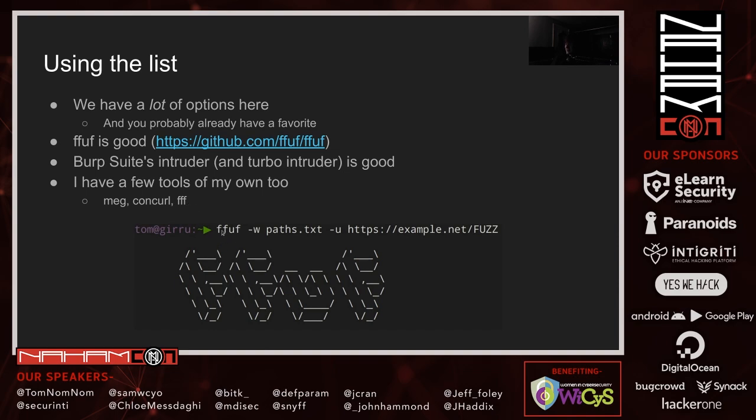So here's an example of using ffuf, and the usage is pretty simple. We give it a word list with -w, so this is our paths.txt that we created previously, and then some URL to use. So we have example.net/FUZZ in all capital letters, and this FUZZ will be replaced with each line of the paths.txt in turn. And then you can change the filtering options of what it responds to and all that sort of thing as well. And for the record, it's significantly more powerful than that, has a lot more options. You should definitely look into how it works and what it can do.